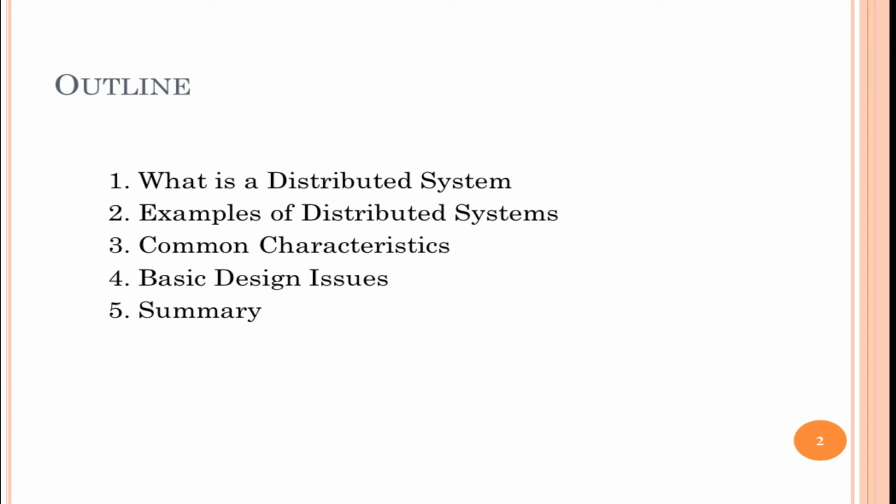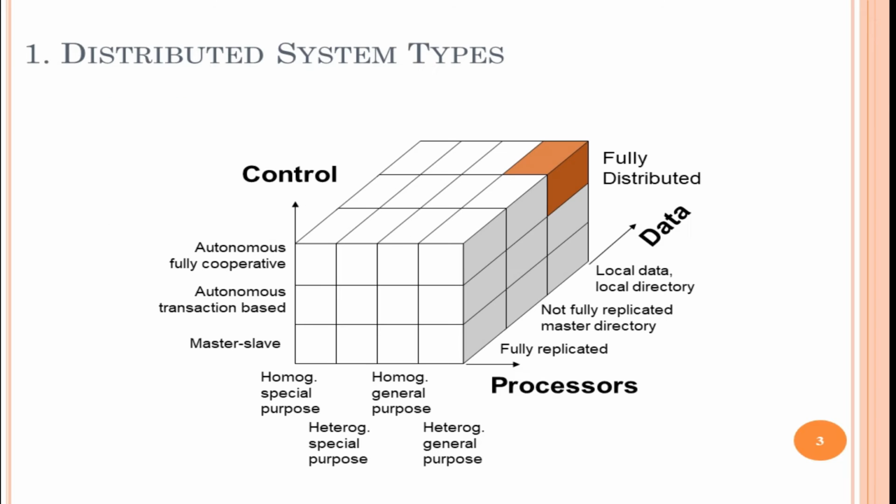First one is what is distributed system. Second one is examples of distributed system. Third one is common characteristics. Fourth one is basic design issues, and the last one is the summary of all the topics. So